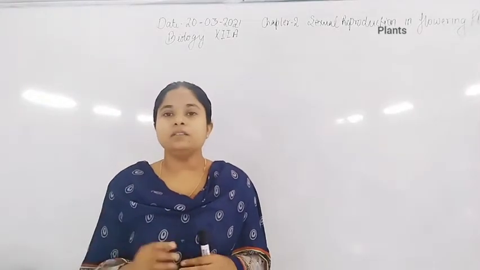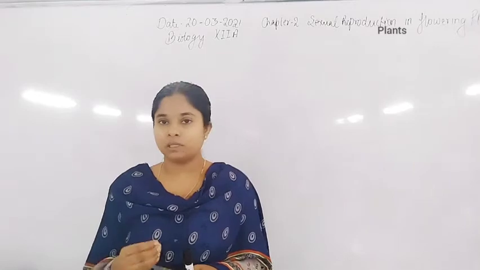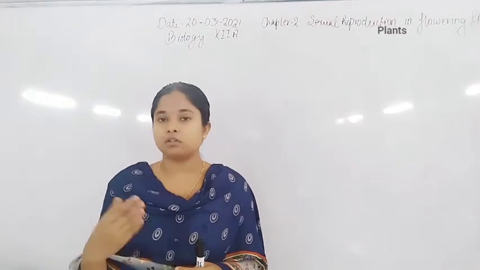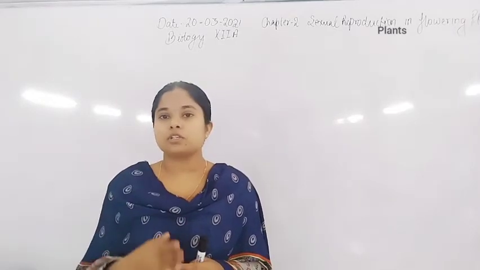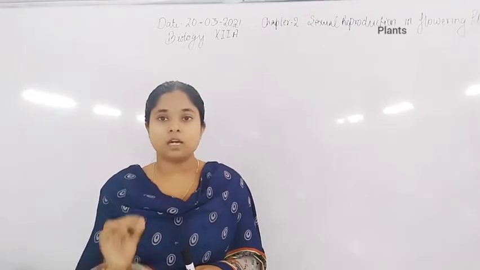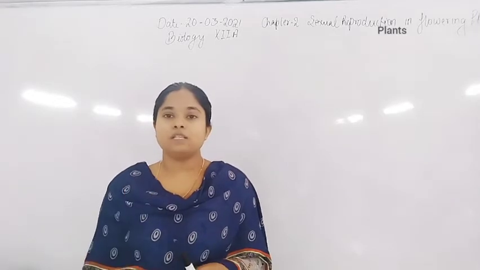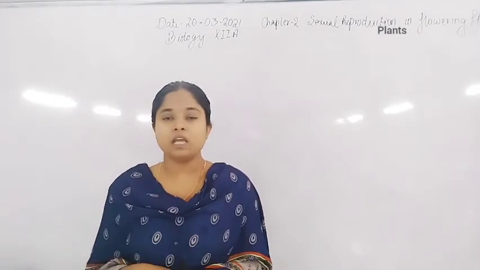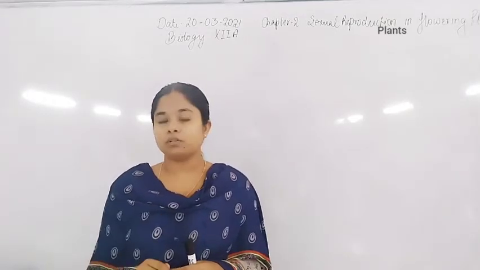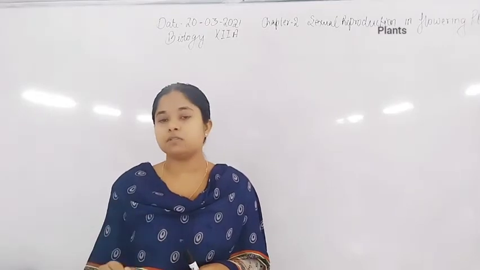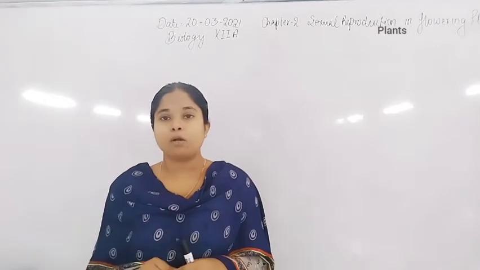Now, inside the megasporangium, that is the ovule, there is a megaspore mother cell which undergoes meiosis division, and finally a four-celled tetrad structure forms, known as the megaspore tetrad. Now, three cells of this megaspore tetrad degenerate, and only one cell becomes mature, and that one cell undergoes mitosis division, only karyokinesis of mitosis division.